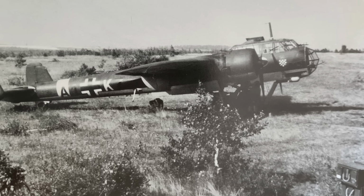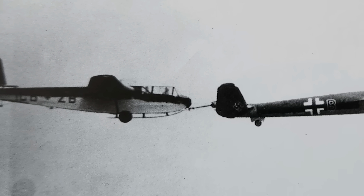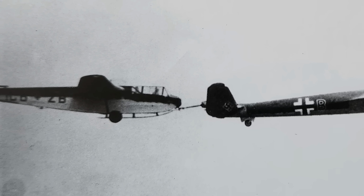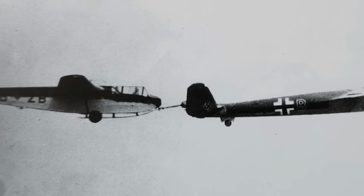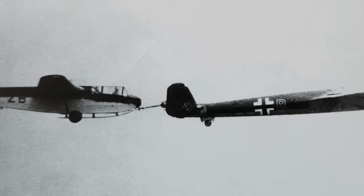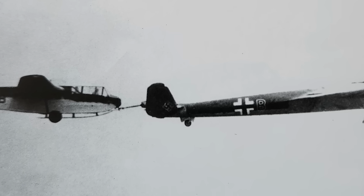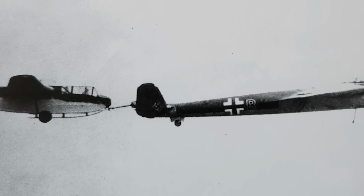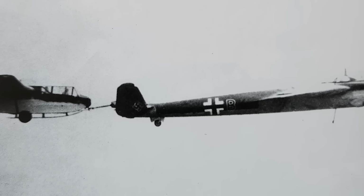They would, however, remain in use in one form or another right up until the end of the war. Many were employed as glider tugs to assist in the transport of supplies to encircled or retreating Wehrmacht forces, particularly in the Kuban region. Others continued to be used in the nighttime reconnaissance role, considered a less risky and secondary occupation up until late 1942, and further south, some Do-17s were used as transports or couriers in the African and